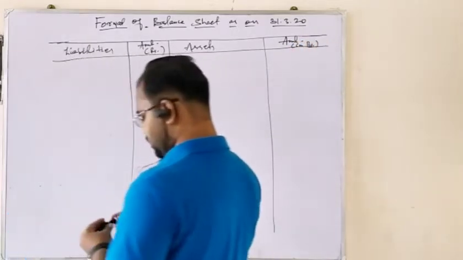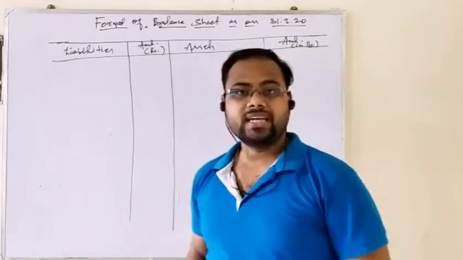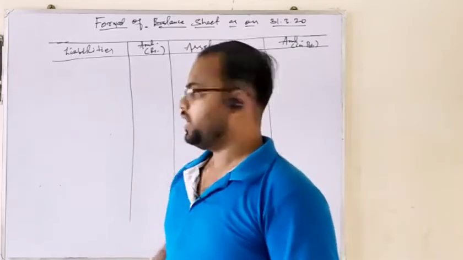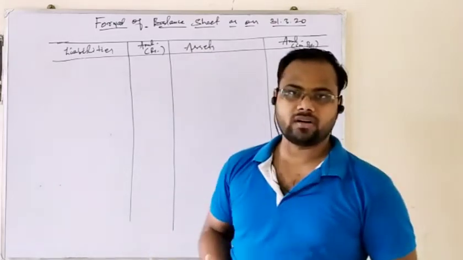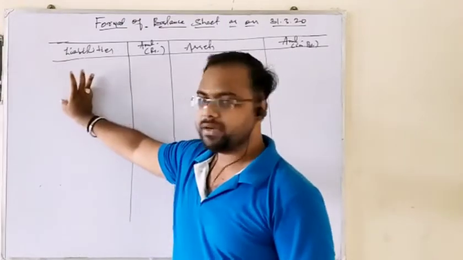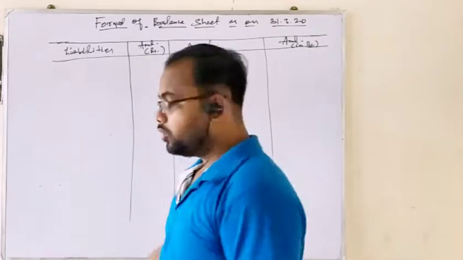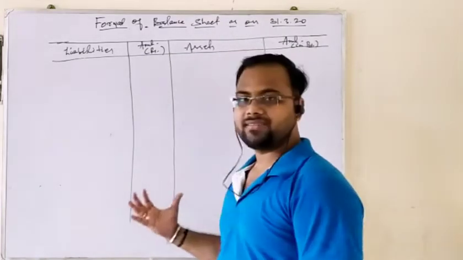And here also, likewise, since you prepare the balance sheet on the end date or a fixed date, there is no existence of a date column. Since it is a statement, unfortunately there will not be any date column, no folio column. There will be only liabilities and amount column, assets and amount column. Now we should see how we can write the assets and liabilities.